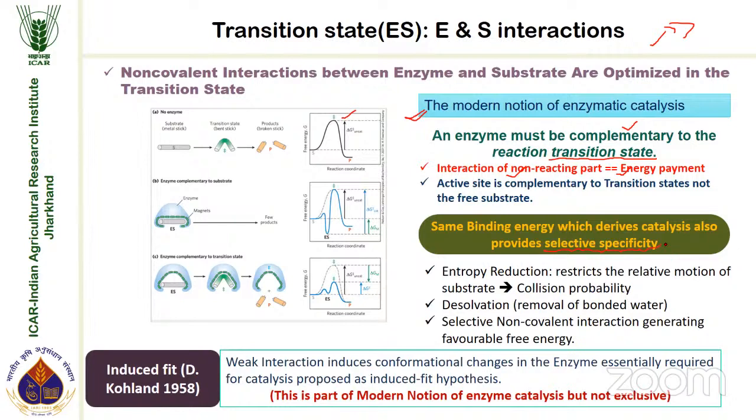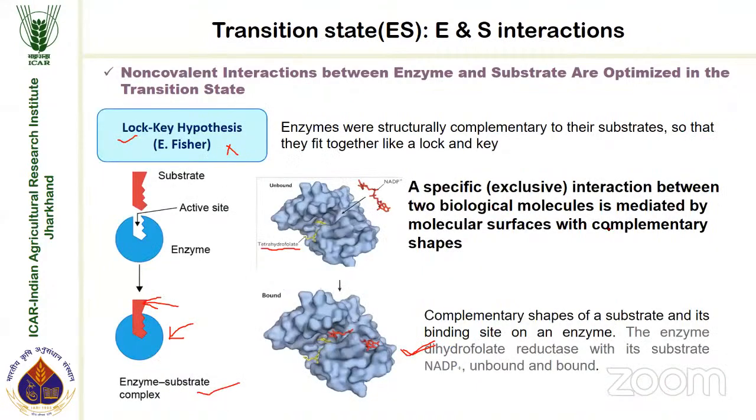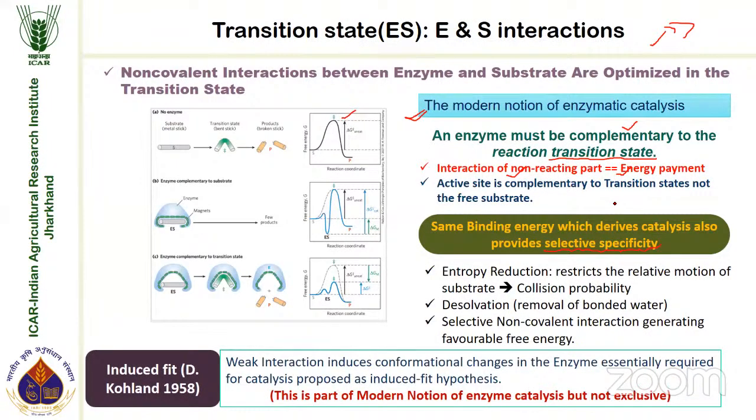We have discussed bond specificity, stereospecificity, and various other kinds of specificity. Earlier, in the lock and key hypothesis, it was assumed that this specificity is basically because of the type and shape of the active site. But here I am telling you that binding energy determines which substrate reaches the transition level early, that is, which substrate will have more interaction with the enzyme, ultimately reach the transition state, and become complementary to the active site